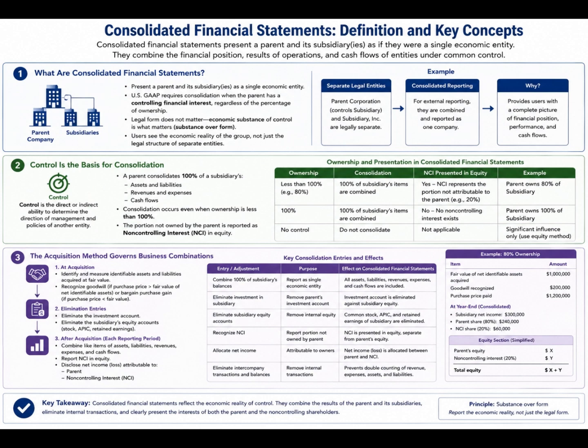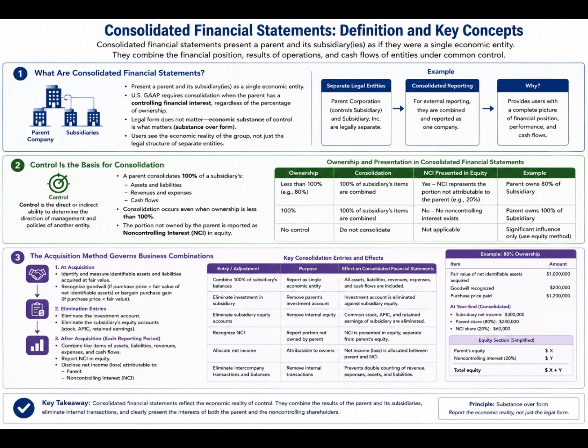A parent is an entity with the direct or indirect ability to determine the direction of management and policies of another entity. Consolidated statements combine 100% of the subsidiary's assets, liabilities, revenues, and expenses, even when less than 100% ownership exists. When ownership is less than total, a non-controlling interest, NCI, is presented in equity to represent the portion not